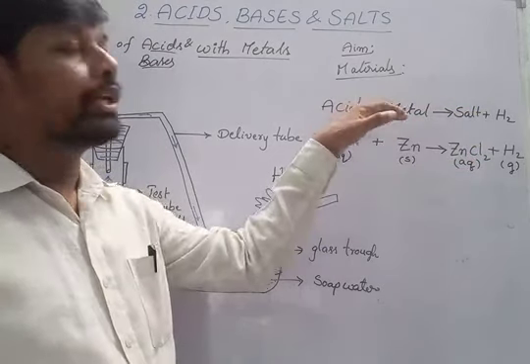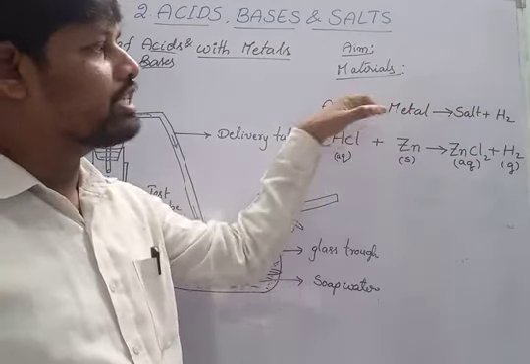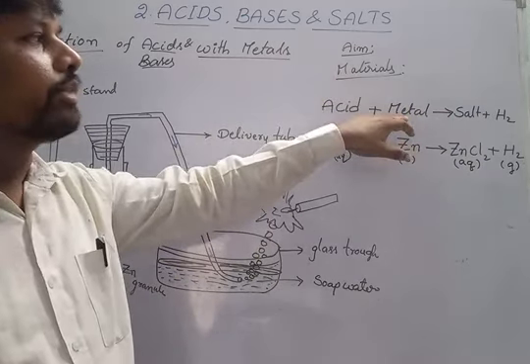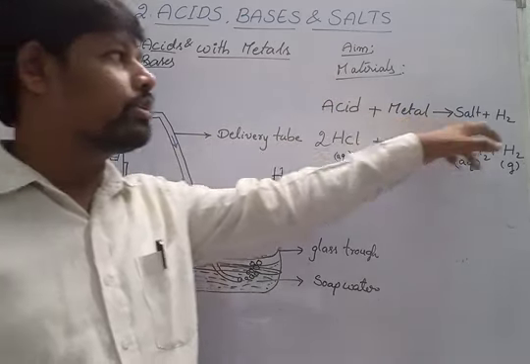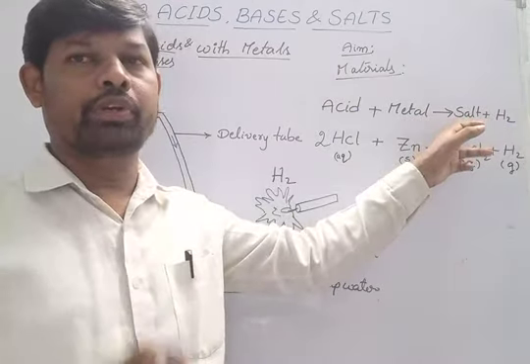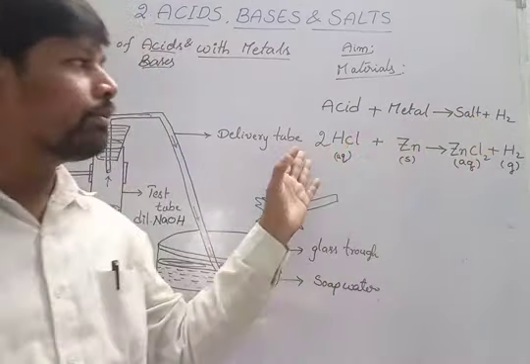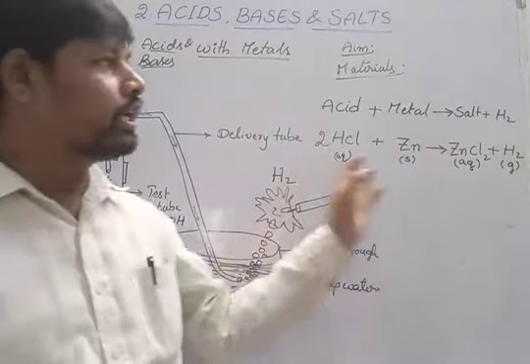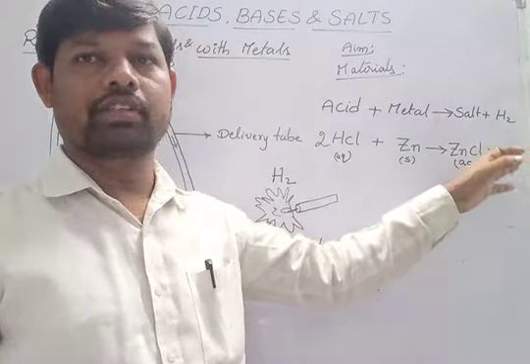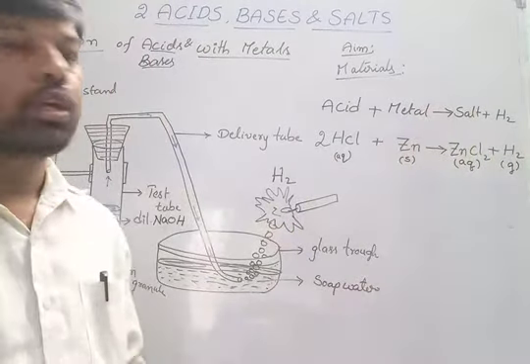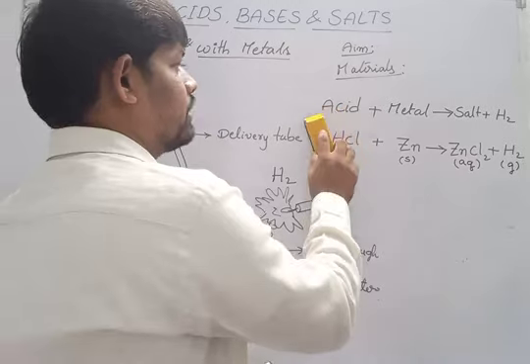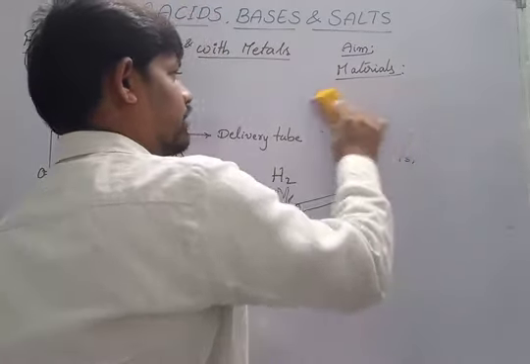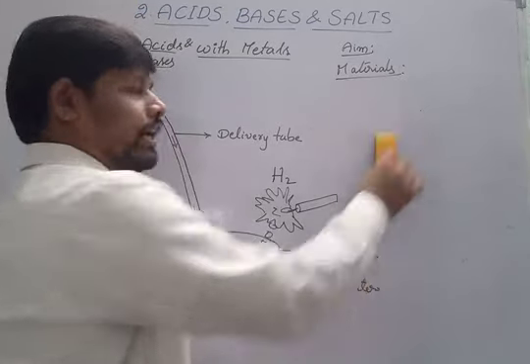Generalizing means what? For every acid that reacts with a metal, hydrogen gas and a salt have to be produced. But when you come to the bases, only sodium hydroxide gives hydrogen gas. The other bases cannot give it. So that is why we cannot generalize for the bases.